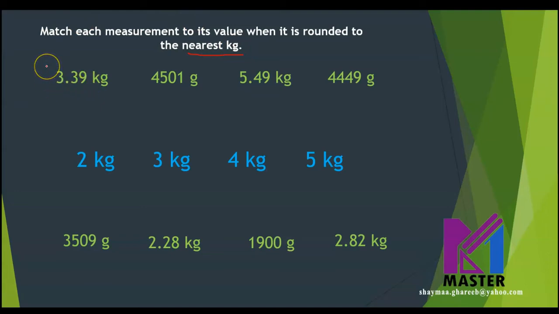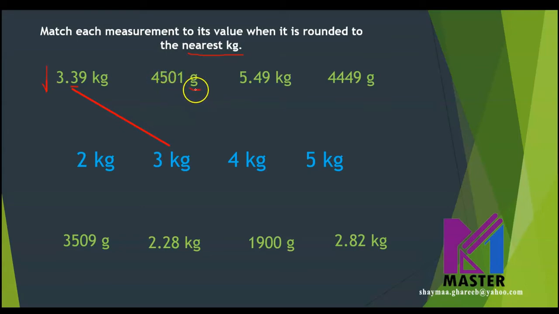3.39 will be rounded down. Why? Because it has 3 in the 10th place. So when I round it down, it will give me 3 kilograms. What about